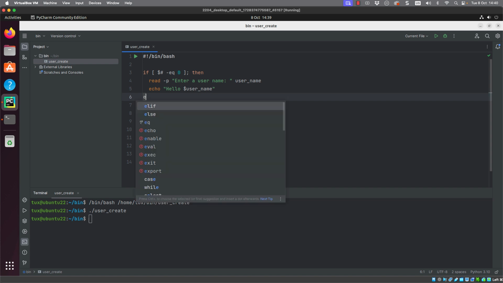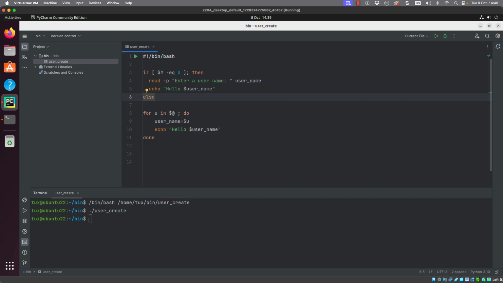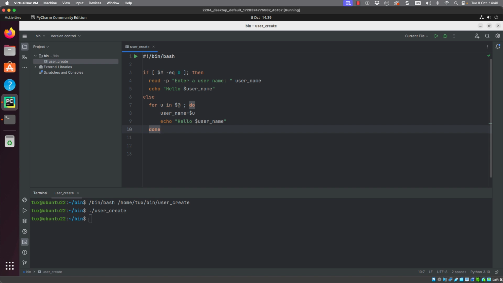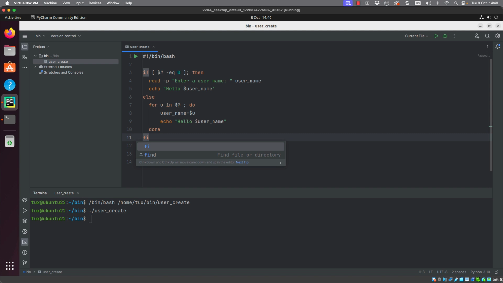So we can end that with the else statement, and then I can move my code up. It doesn't need to be indented in, but it makes for better readability by indenting it inside of the else statement, and we would close the if statement with the word fi.